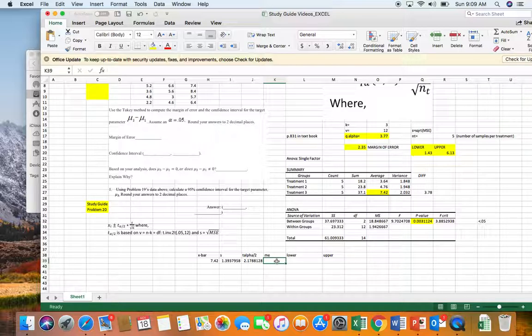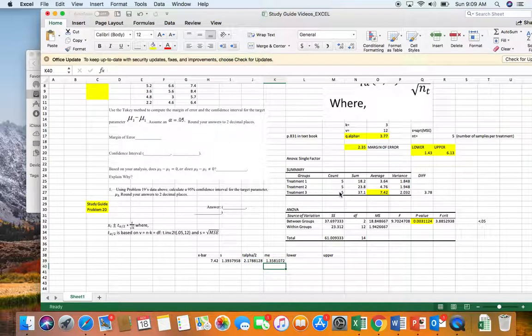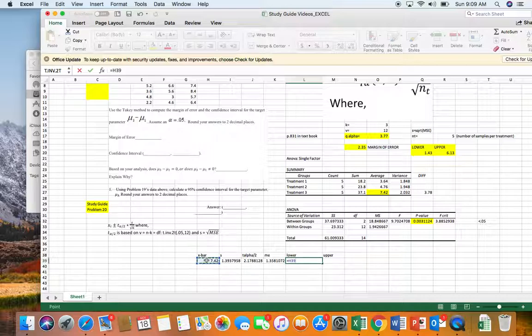And so our margin of error then is equal to T alpha over 2 times the standard error divided by the square root of the number of data points within treatment 3, which is 5. And that is our margin of error. Once we have the margin of error, we can add and subtract that to x bar